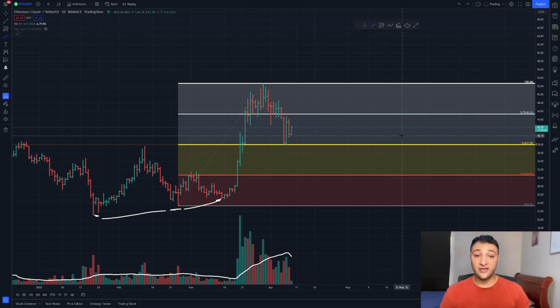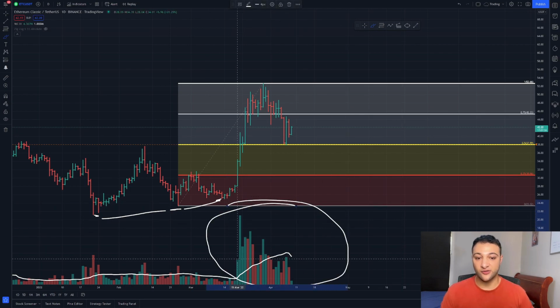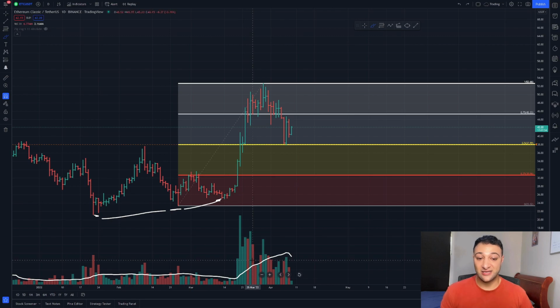That's what I look for in my charts. I look for something textbook just like that. And look at that. You can see the volume. You can see the breakout, get it confirmed. The sell-off, people taking their profit, but you can see it didn't break down past these important levels here beyond the 50%.